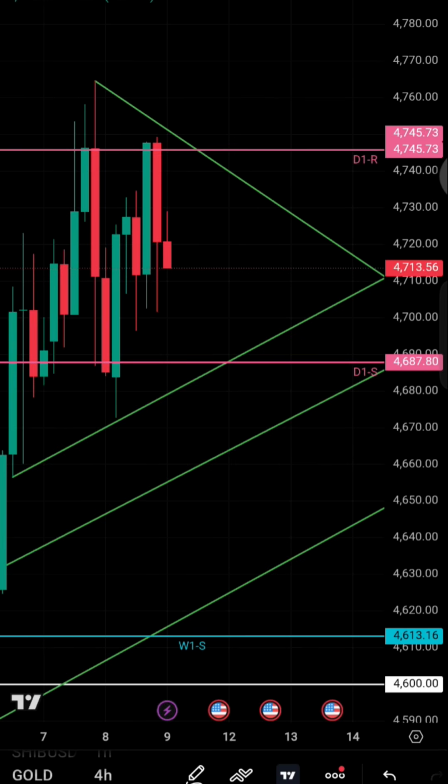The higher time frame is to be checked to see the main trend, and the lower time frame to check and see if the noise is telling us otherwise or not, right? Because some of you traders may think that on the lower time frame there is too much noise and it should be ignored, right? But no, the lower time frame is always telling us something with its movement, with its price